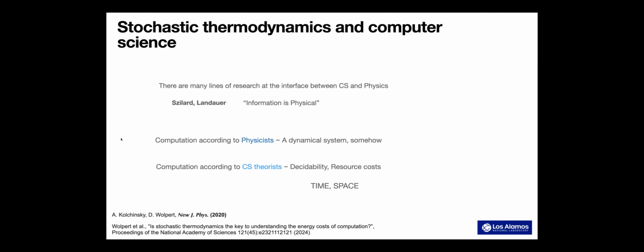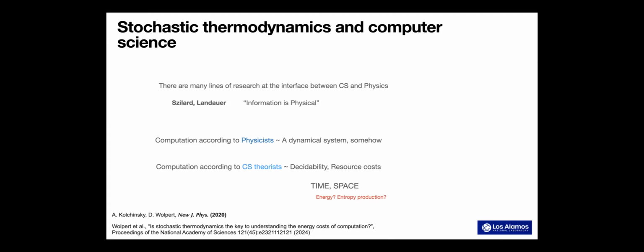According to physicists, I would say, computation is a dynamical system. You can think of it as transitions between states. Computer science theorists like to think in terms of deeper questions like decidability or resource costs. And for computer scientists in general, resource cost means time and space. But